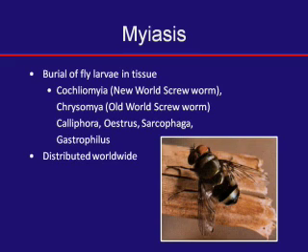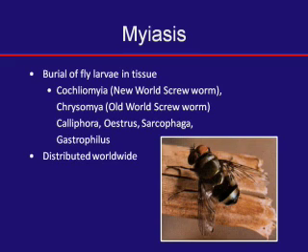Calliphora, Oestrus, Sarcophaga, and Gastrophilus are different species of bots that are maggots that actually do infect, and there's a few others as well. Again, like I think I told you yesterday, search ABC News and bikini and worms, parasites, and you'll come across a case report where they talk about an African fly that deposited its eggs on a wet bikini. A lot of these flies will lay their eggs on brightly colored moist cloth, and it can serve as a reservoir for introducing the eggs and larvae into the human host.